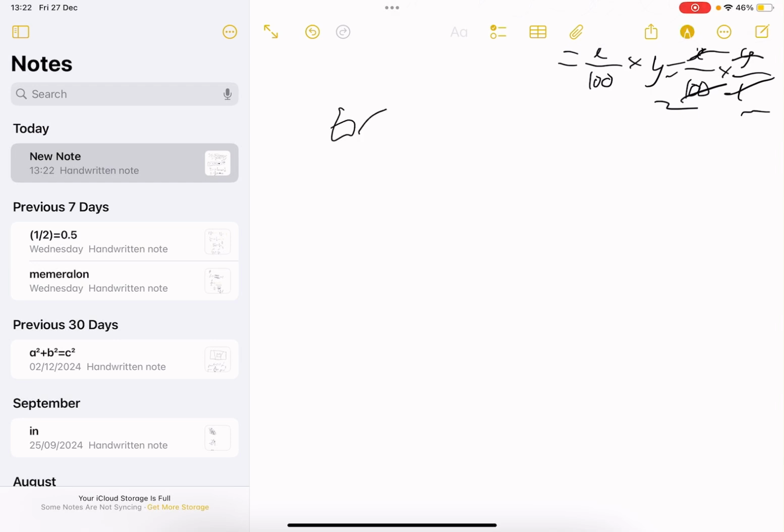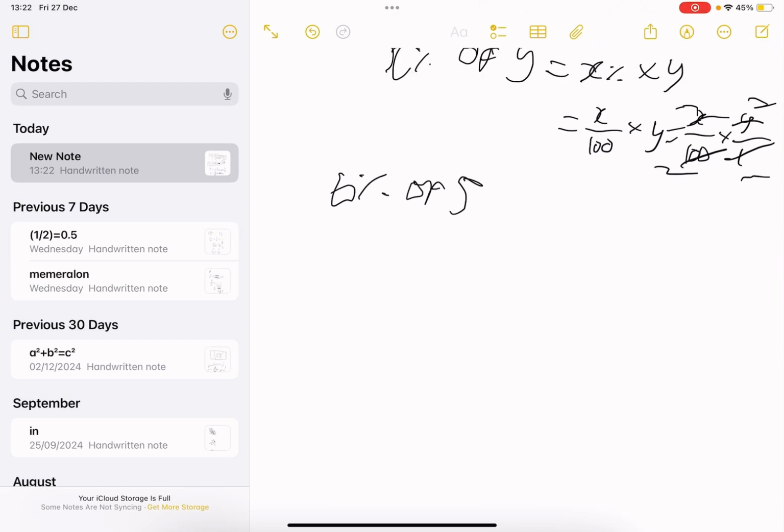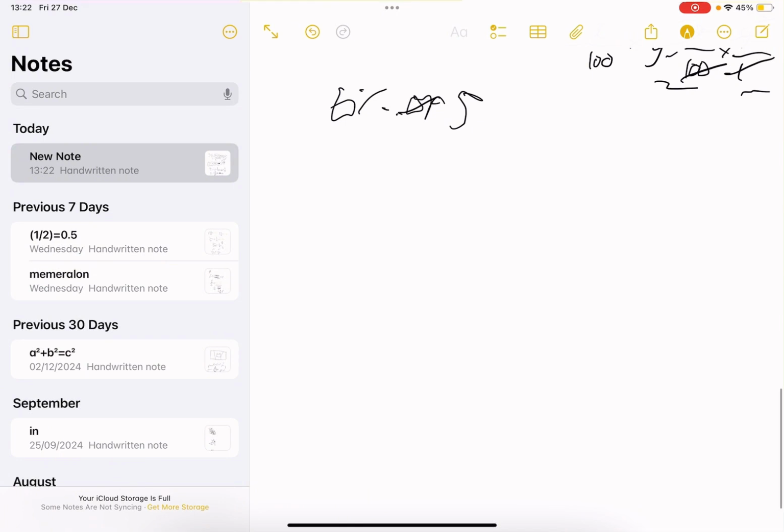Now, let's say we have 6% of 5. Now, let's do what we just did. First step, change of to multiplication. So get rid of times. Next up, we can make this 6 over 100 times